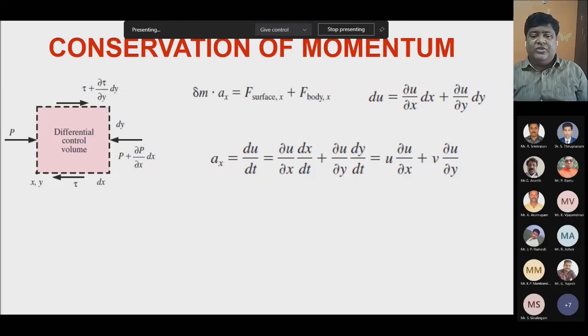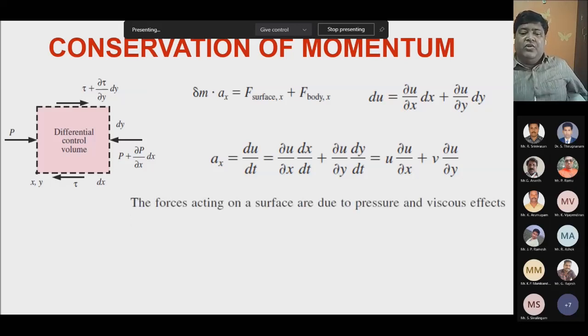So you get dt here, and you get acceleration, because acceleration is the rate of change of velocity. From this you get u into dou u by dou x, because dx by dt, change in distance by change in time of the fluid moving in the x direction, is the velocity u. Plus dy by dt, the change in distance in the y direction in a particular time, is the velocity v. So you get u dou u by dou x plus v dou u by dou y instead of ax.